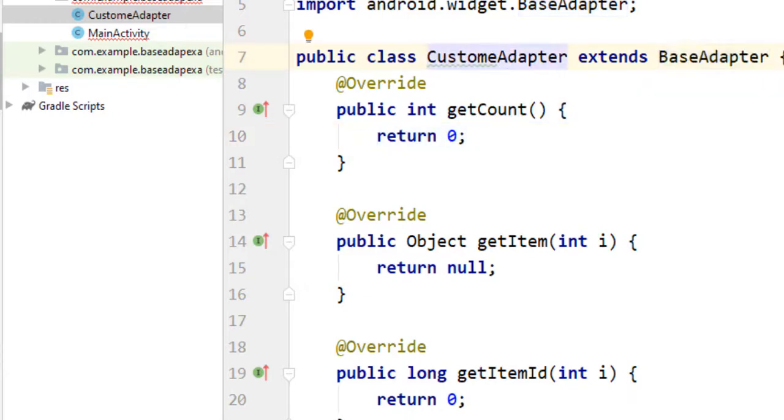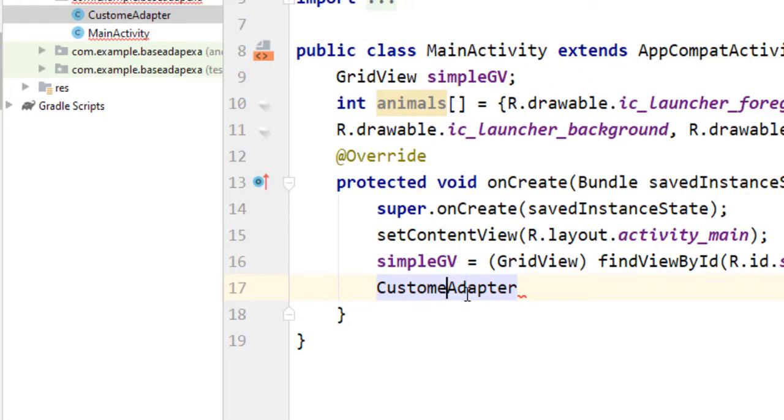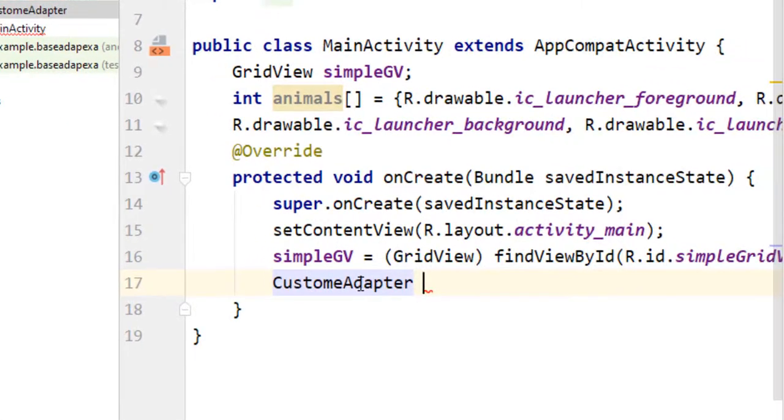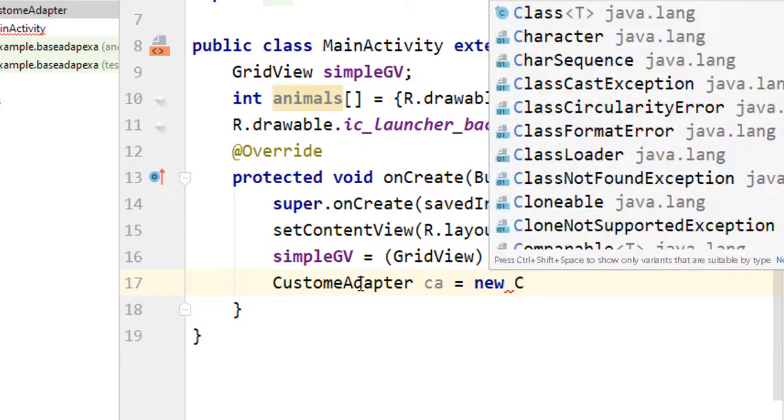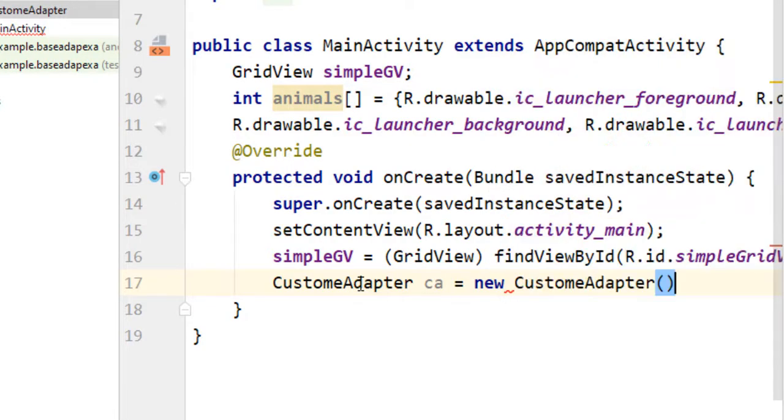Now I am here, so you can see the red color on custom adapter is now removed. We will complete the sentence first of all, and then after we will change a few of the items in custom adapter. So now I am going to define CA, then new, then you can use custom adapter as a constructor and semicolon.